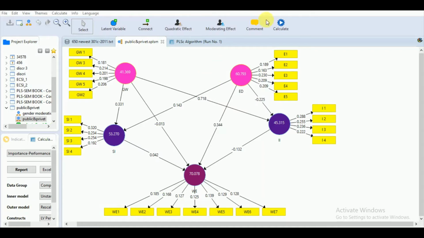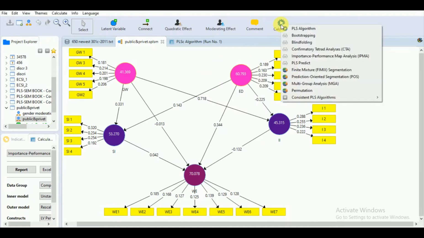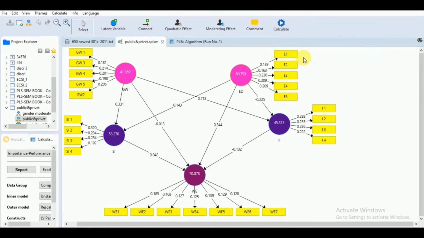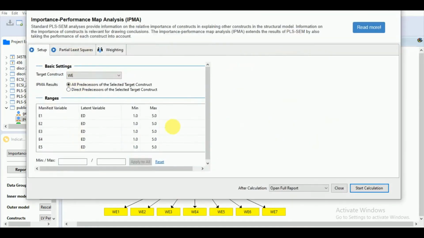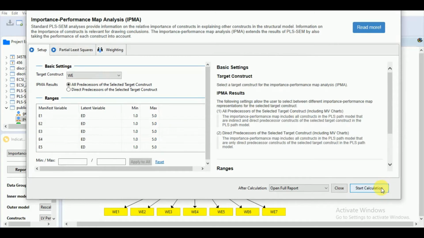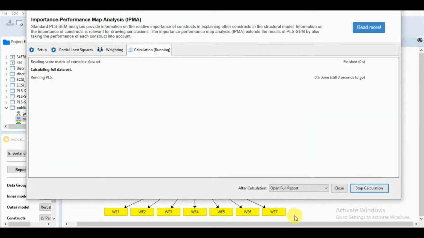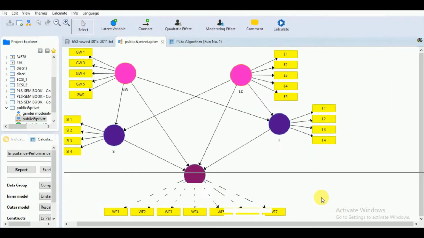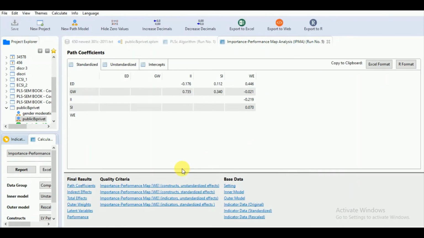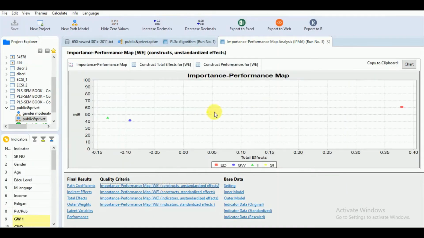So here we have the goal to identify the predecessor construct that has a high importance but is showing less performance, and then managers should focus on the aspects of the predecessor construct that are responsible for that behavior. So importance performance map analysis